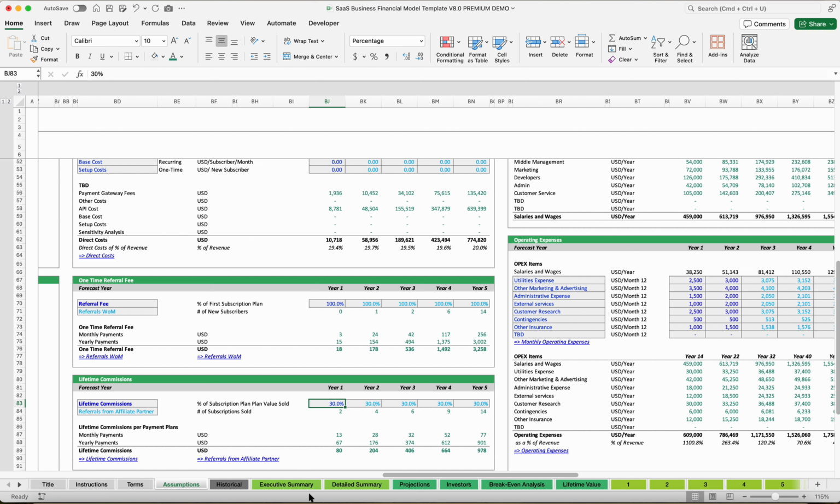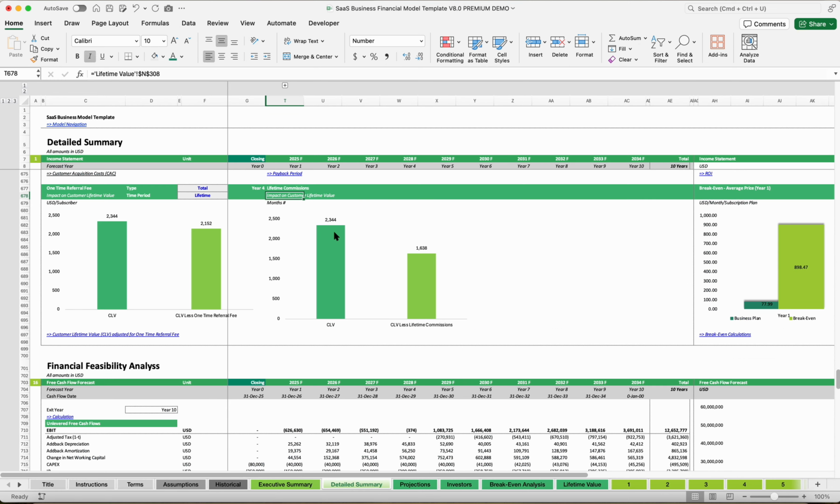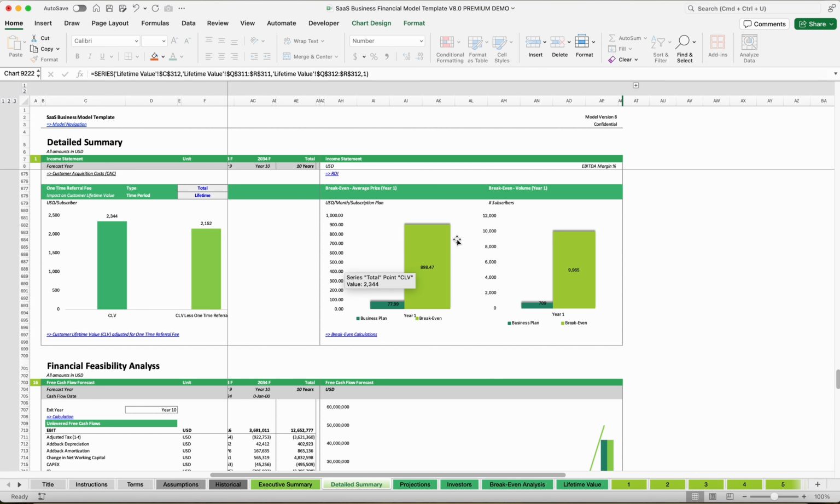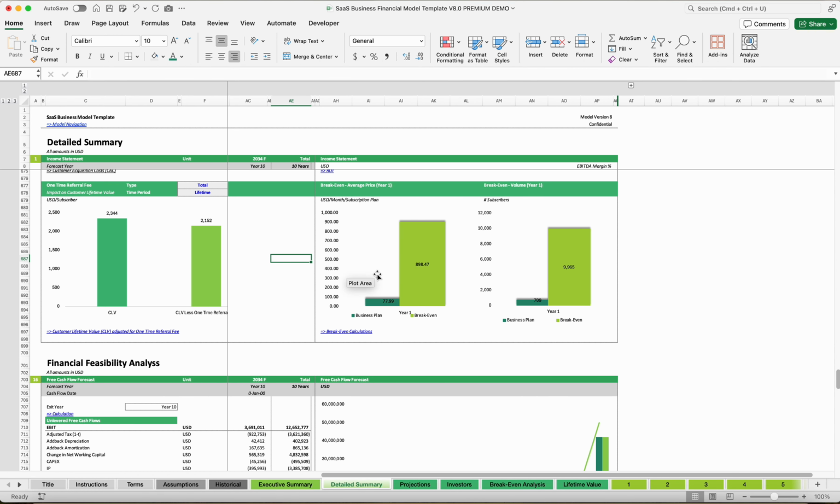So in that case, this has an impact on customer lifetime value, because now we have an additional direct cost to incur, and this means customer lifetime value now adjusts, and you can see again the impact in this chart. Another analysis to include is to think about the